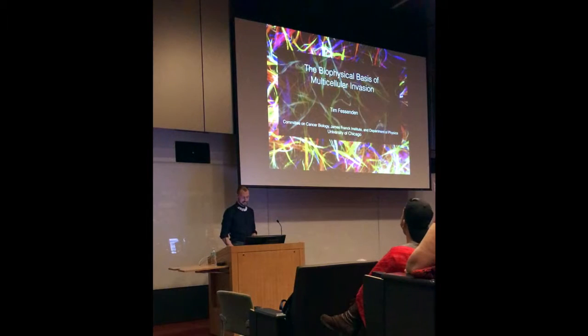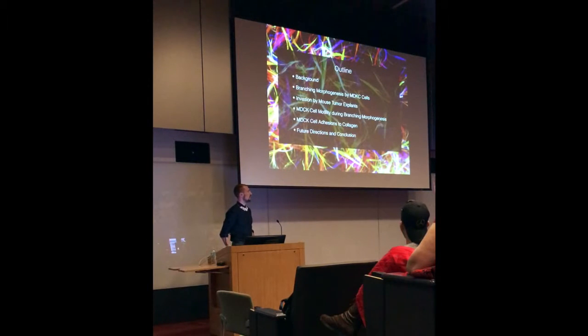Without any further ado, this is an overview of what I'm going to talk about today. After a little bit of background, I'm going to tell you about a type of tissue shape change that I've been working on for a while now, called branching morphogenesis. I'm going to tell you about that with one particular model that I've used, and then I'm going to draw some parallels to a mouse tumor invasion assay. And then after making some brief conclusions on that, I'm going to dive back into the cell line that I've used to really understand some of the deeper mechanisms that are going on during this tissue shape change. Okay, so with that,